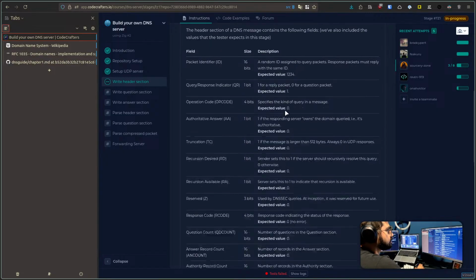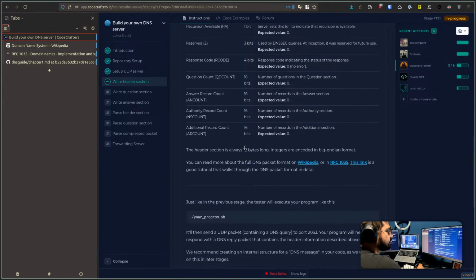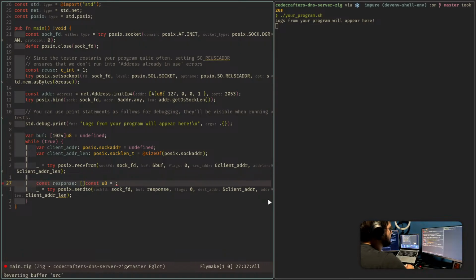The rest is 0. And we have 12 bytes. So here I'm going to change this to 12, and then